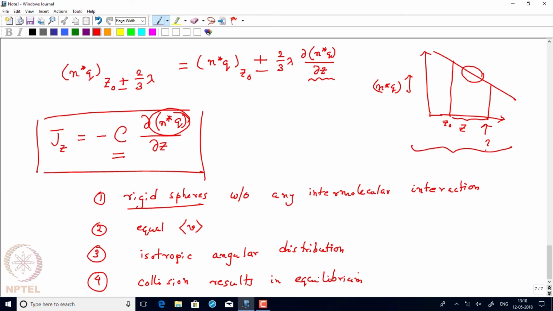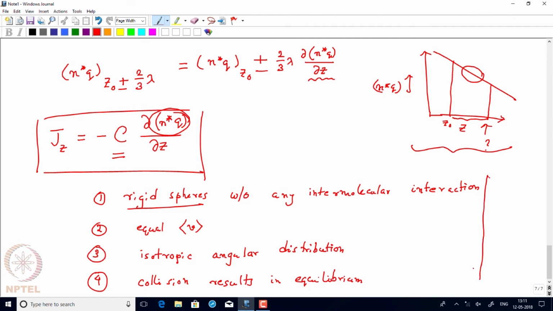Although each collision is changing things, for example, a molecule was moving in this direction and it collides with another molecule, and its direction and the magnitude of the momentum can of course change, we are saying that for a large ensemble of molecules or particles, it doesn't matter, because everything gets averaged out, and even with the collisions, the equilibrium is always maintained, or even immediately after the collision, the equilibrium is established. So these are the assumptions we made here,